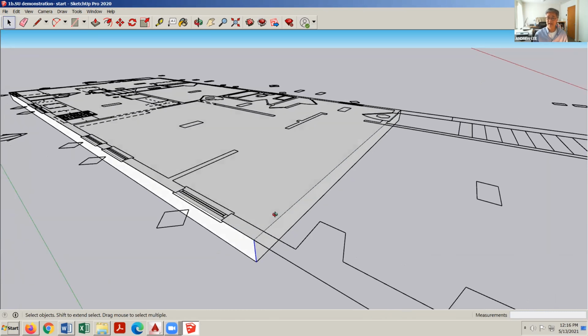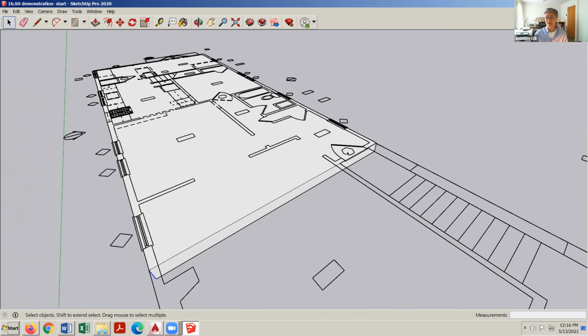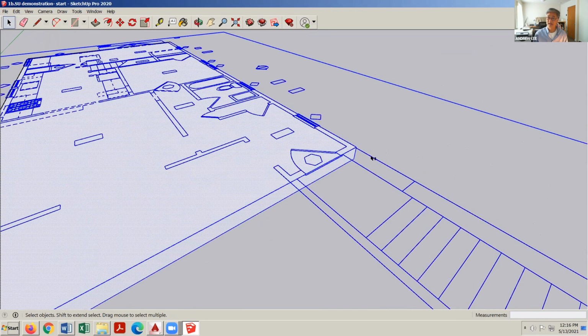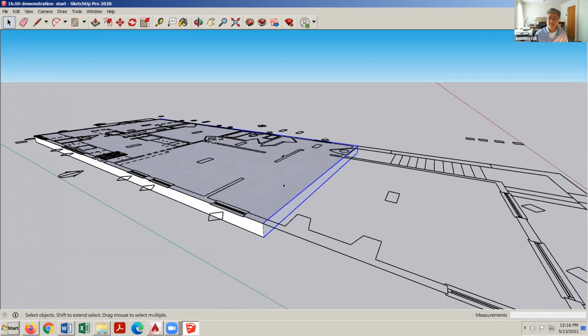And the problem with that is, if I was to window around this, and it's the same as in AutoCAD, if I window around from the right, I'm not going to select that. You can see that I've selected these faces and these edges, but not this face. I've only selected the faces and edges that I windowed around. And then if I want to move it,